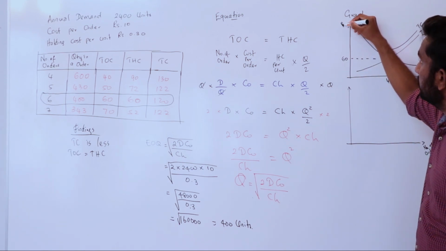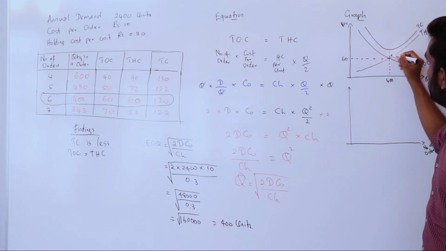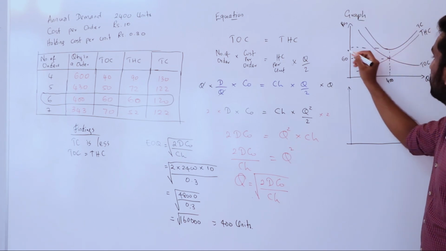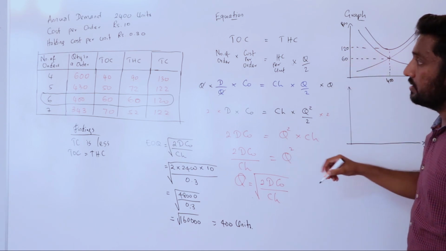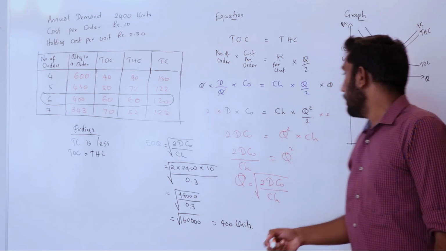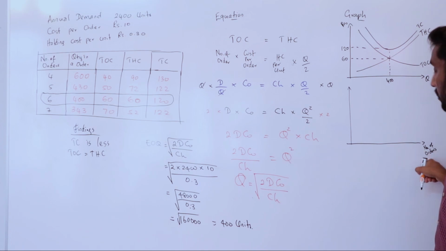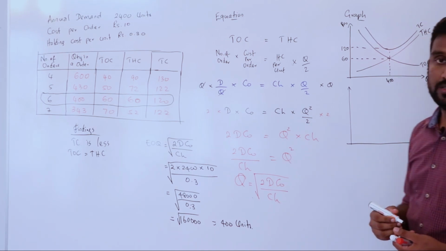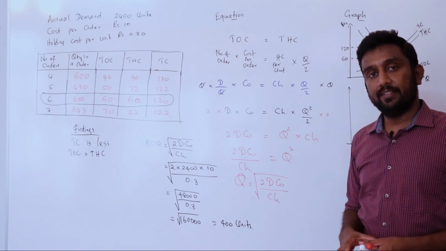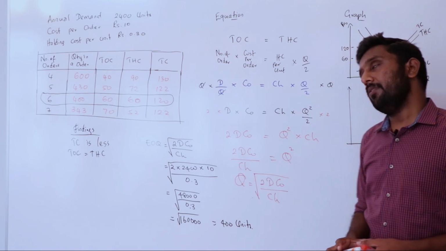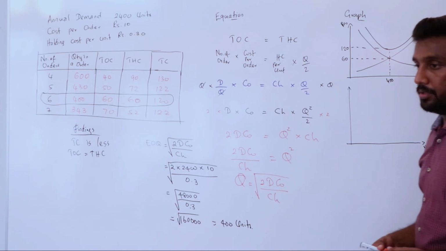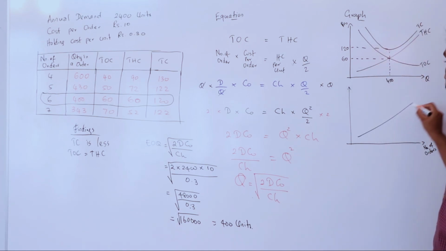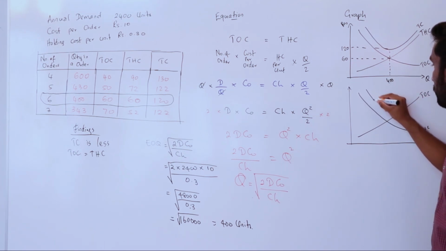So this is rupees. And this is your lesser value, where your total cost is less, that is 120. So if you put the same thing in your number of orders, here in the x-axis we have number of orders. If the number of orders increases, what will happen? Your ordering cost will increase. So this is total ordering cost, and your total holding cost like this, and you will have total cost like this.